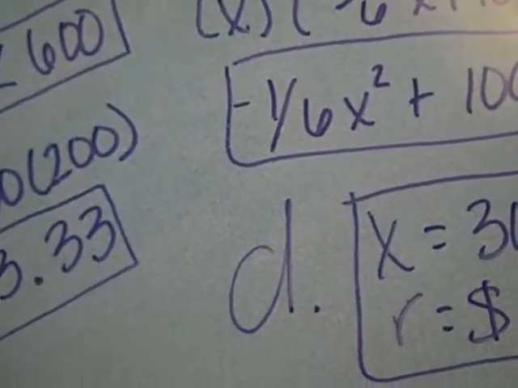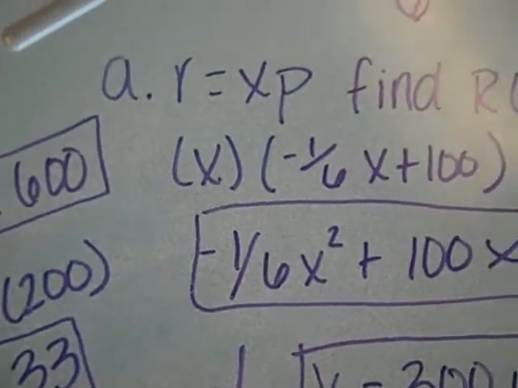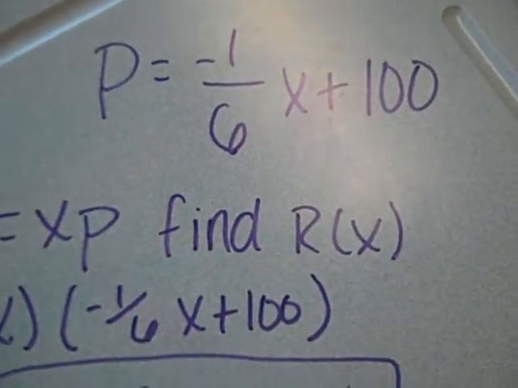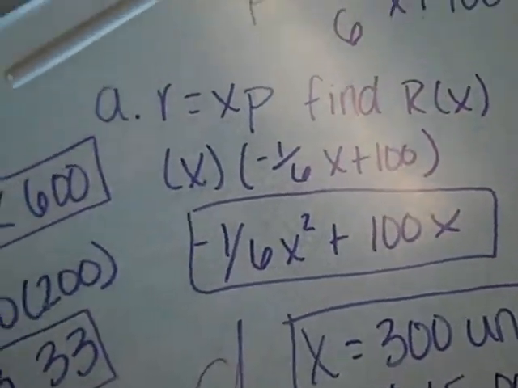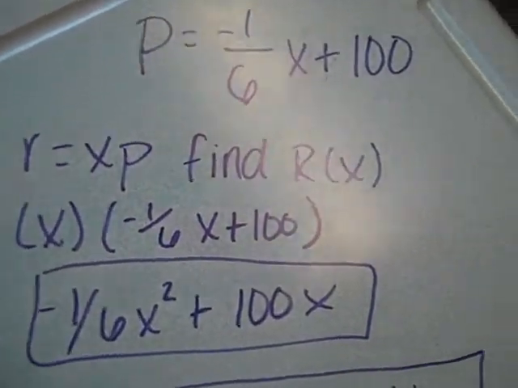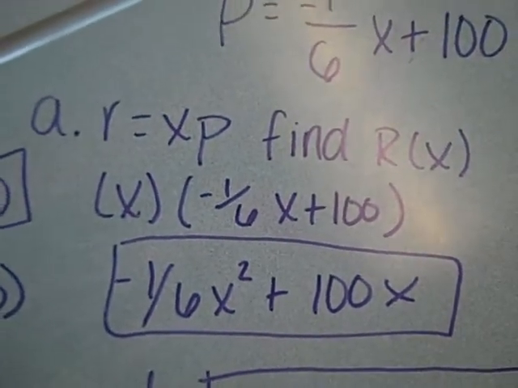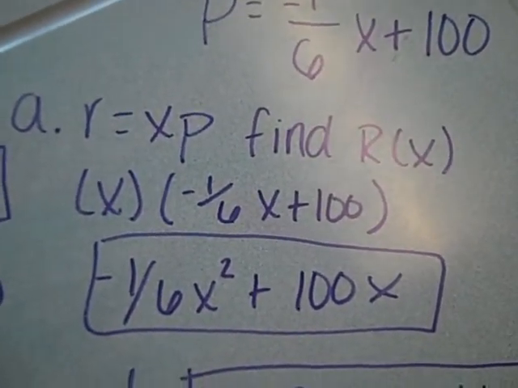We had number 3, and the question was: the price, P in dollars, and the quantity, X, sold of a certain product obey the demand equation. The equation is P equals negative 1/6 X plus 100. Part A was to find a model that expresses the revenue R as a function of X, and